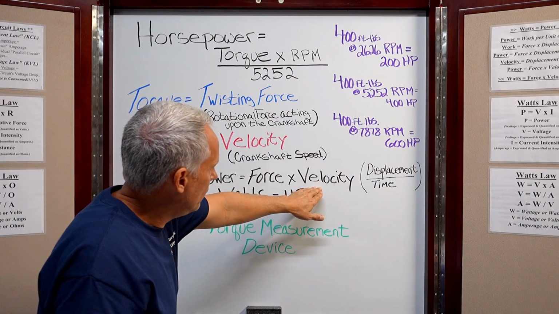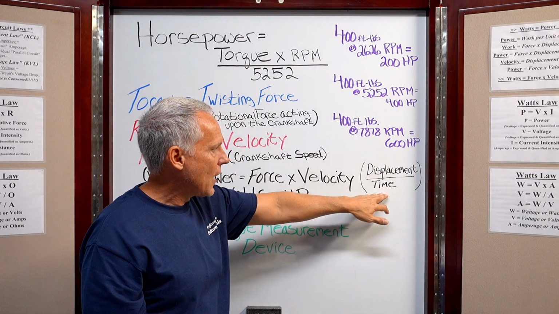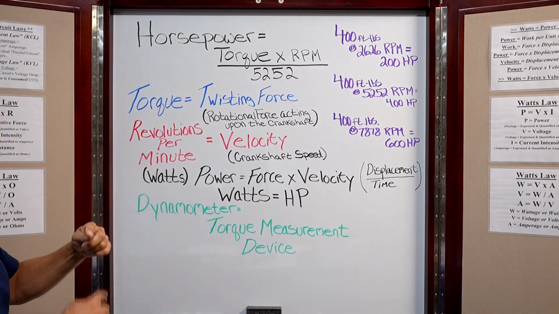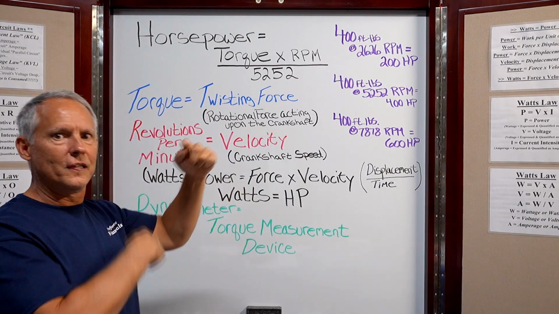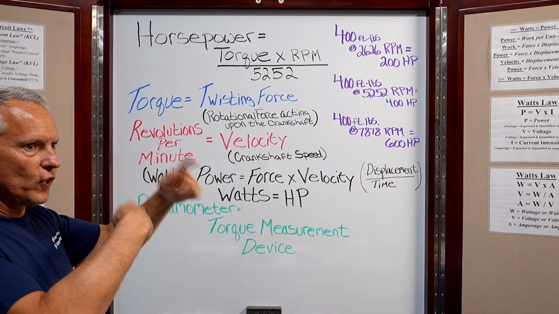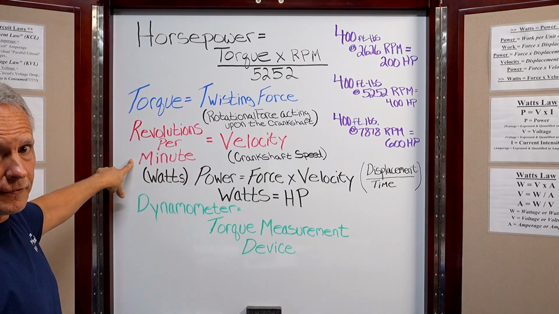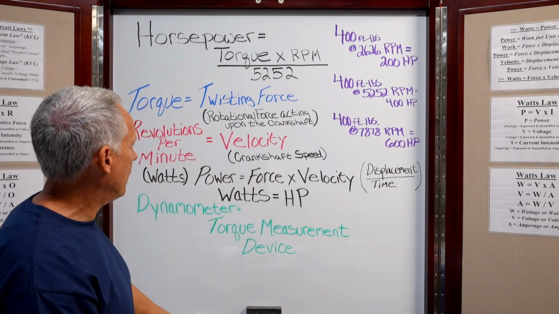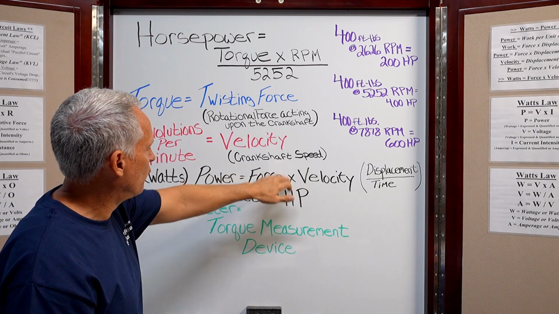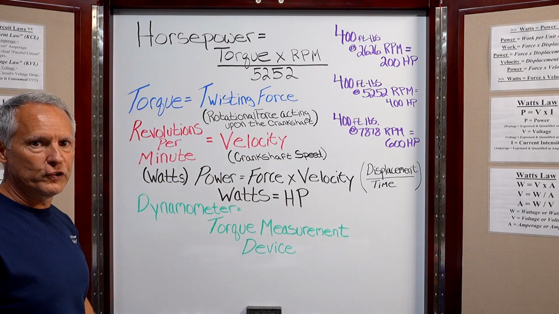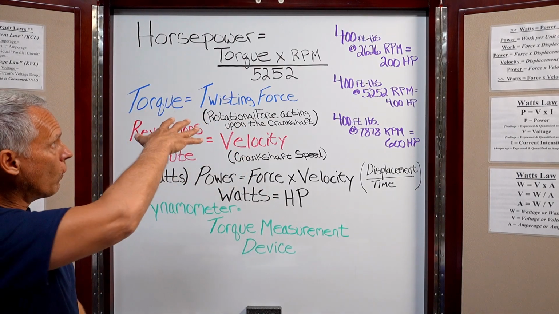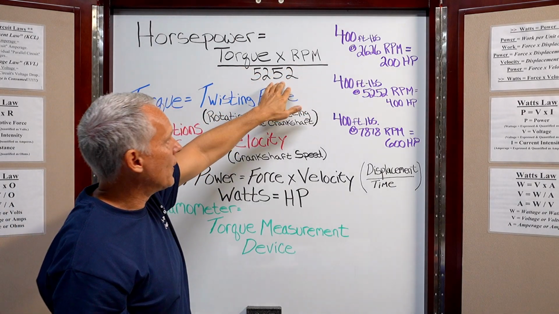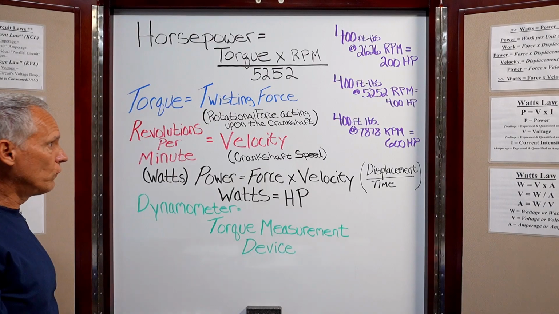The velocity, as we stated earlier, is displacement over time, that's the definition for velocity. So the velocity here is revolutions of the crankshaft. Think about a revolution as a distance that it traveled. So the revolutions of that crankshaft over time, or per minute. So our velocity is revolutions per minute, which is crankshaft speed. All right, so now we have replaced velocity with crankshaft speed and force with rotational force acting upon the crankshaft, or torque. So now we can go to our horsepower equation. Horsepower is equal to torque times revolutions per minute divided by the constant 5252. So let's do a real quick